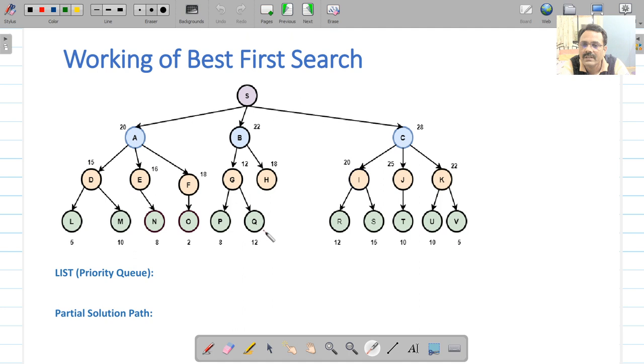Similarly, the cost associated with this Q is 12. So the meaning of this is that to reach the goal from node Q, the amount of effort required is 12. So naturally you are going to select a node whose cost is less, because we are discussing minimization. So cost has to be minimum. Let us trace the execution of this algorithm. Now the algorithm will start with starting node S. Is it a goal? No. So therefore we will draw Q also out here.